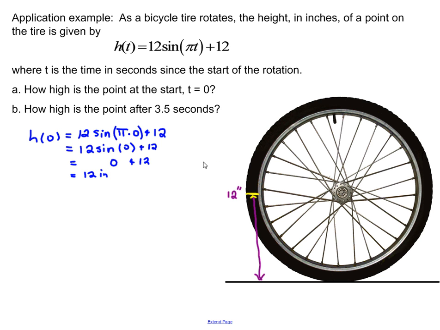What's going to happen? Here on my tire is at 0 seconds. Right here I'm at 1/2 of a second, and if I let it spin around, I'm at 1 full second,